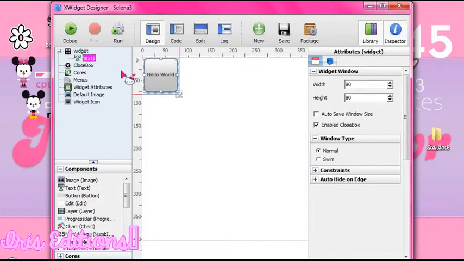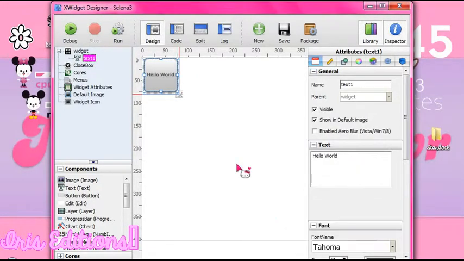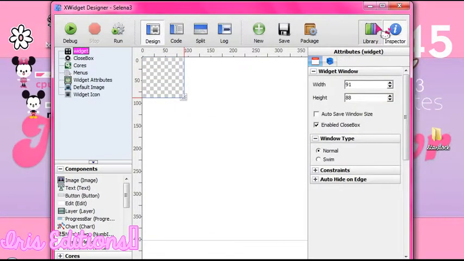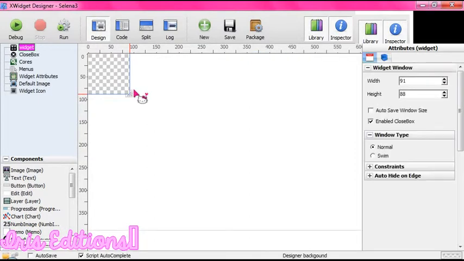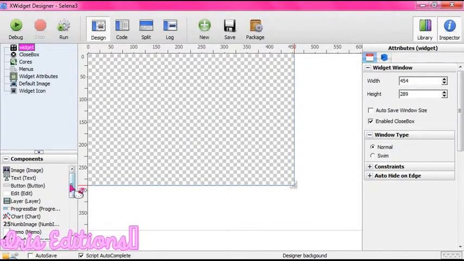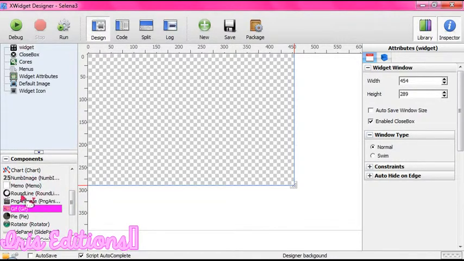Then the text, right click and then delete it. Then delete it. Then make the component a GIF.